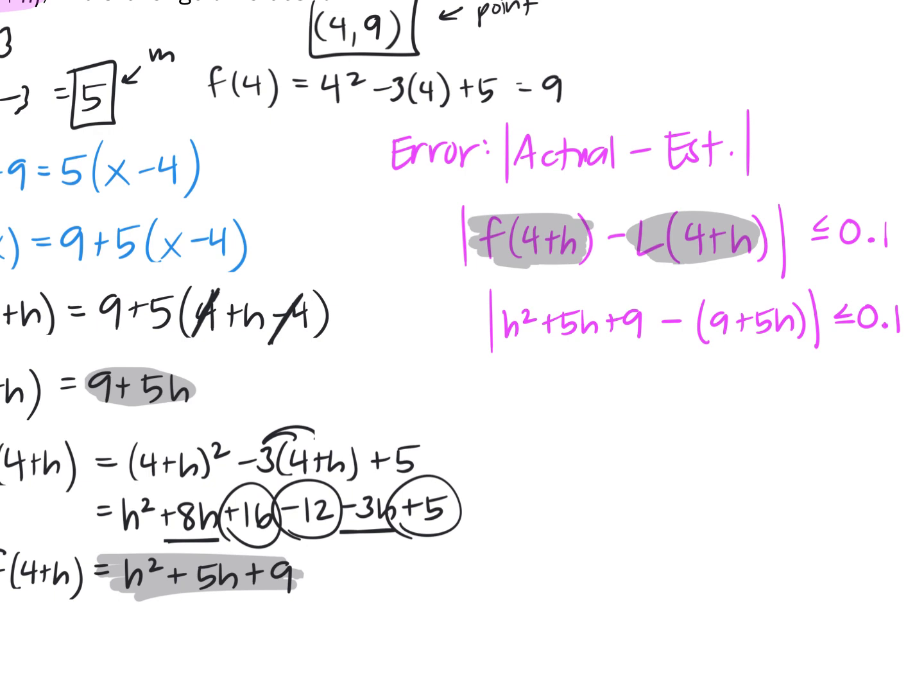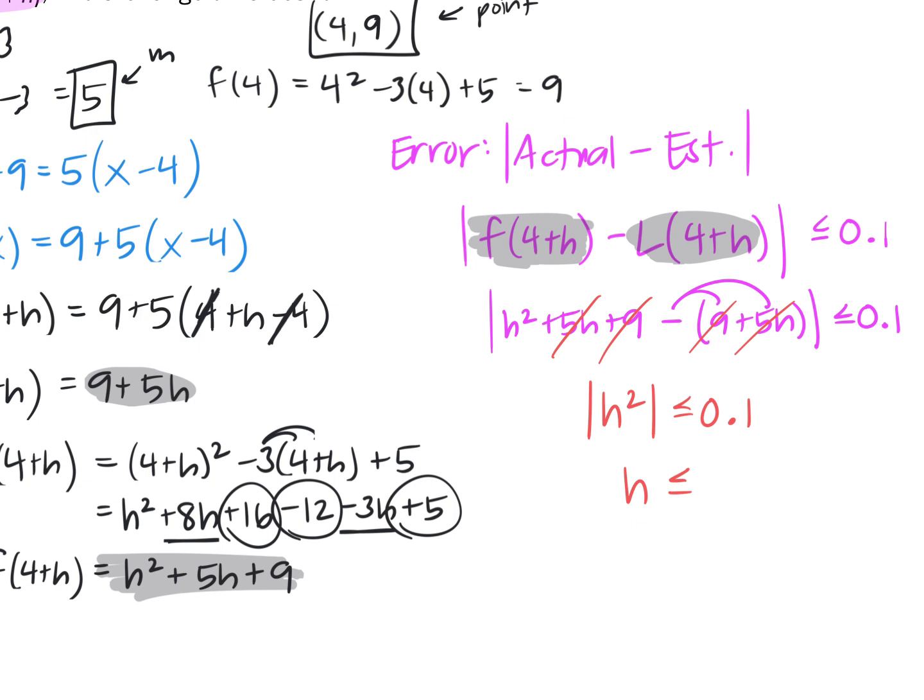What's going to happen inside those absolute values? Well, yes, it's always going to be positive, but what am I going to simplify to here? If I distribute that negative, I just have h squared, right? If I distribute the negative to the 9 and the 5h, then all of these are going to go away. So I'm just left with the absolute value of h squared is less than or equal to 0.1. How do I solve this? Square root both sides, and I'm left with h being less than or equal to the square root of 0.1,